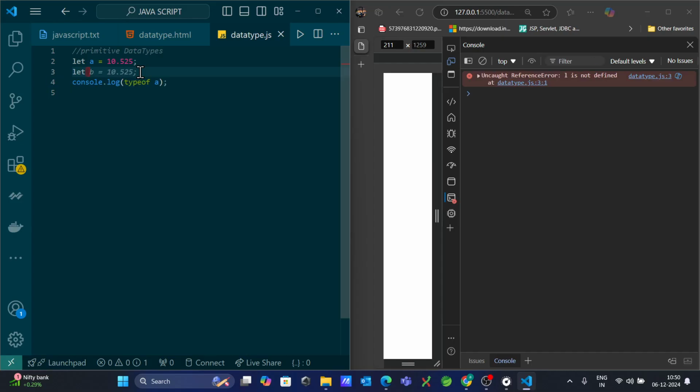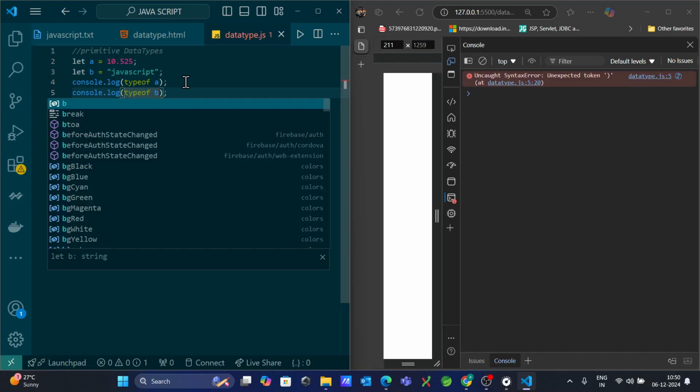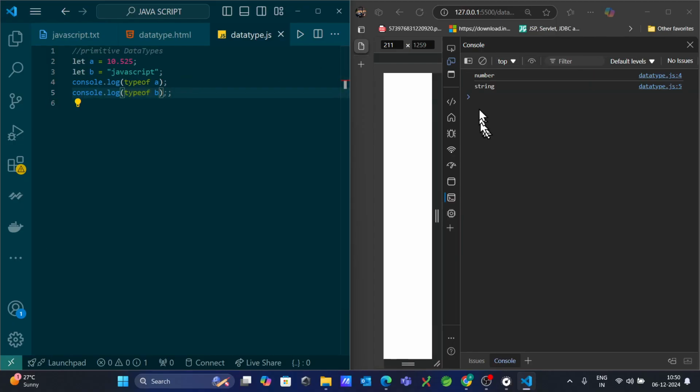So let's take the next one. Here we have b equal to, I'm taking some string value, just "JavaScript". Okay, done. So we need to check the type of b variable. Take console.log typeof b. See, we are representing that the type of b is, what's that value, guys? That's a string value. So like this we need to do. Next, here we are having